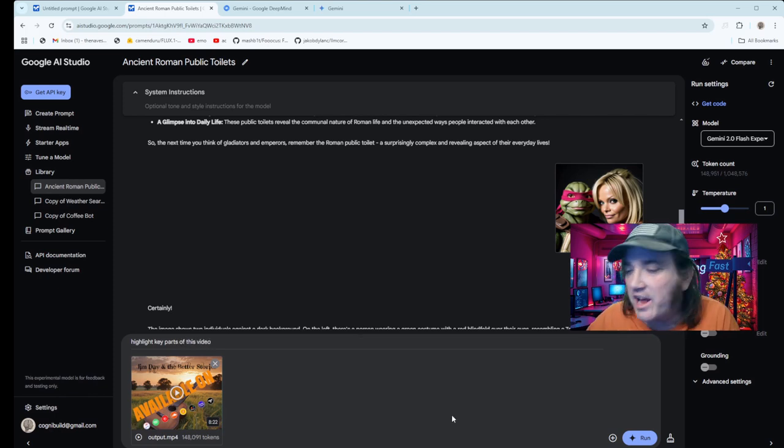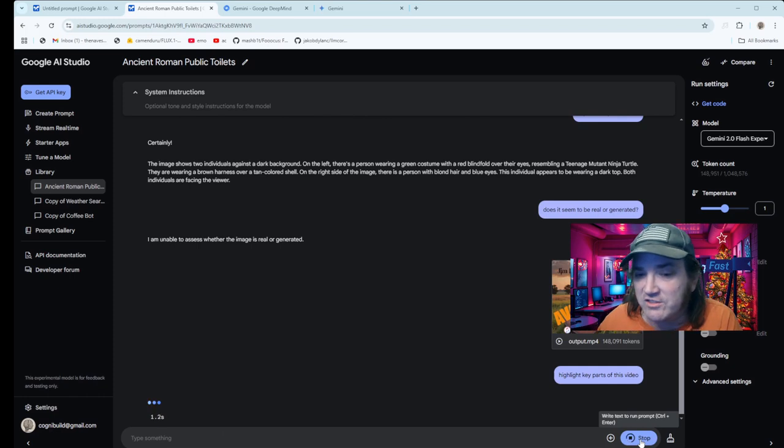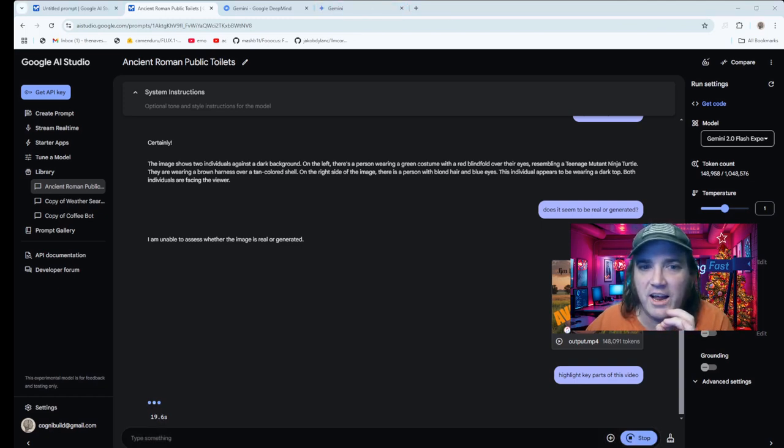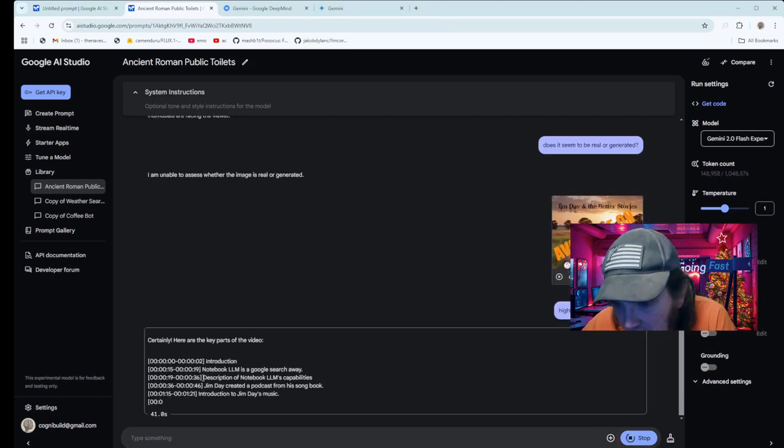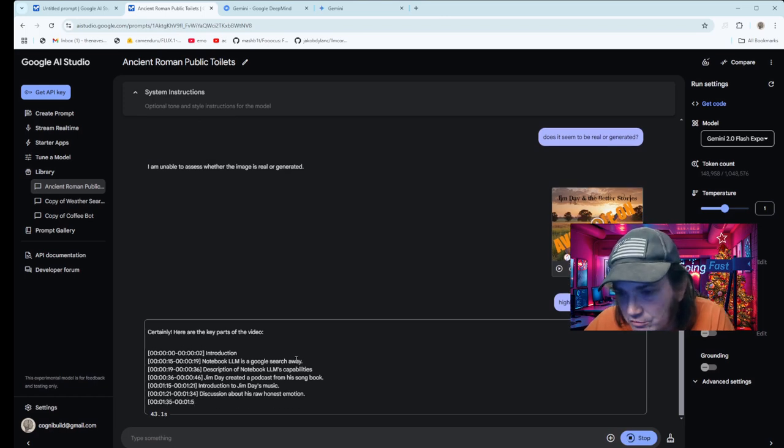Now we're kind of getting ahead of ourselves here because there's another function that's going to be particularly set apart for doing exactly this that I'm going to show you. I thought I was throwing an image in there, but let's give it a second and see what it comes up with. Because again, the point of this is using it as a tool to look at videos and images. So let's see what it does. Okay, so notice it's starting to come up with some stuff. It's actually putting timestamps, which is really nice.